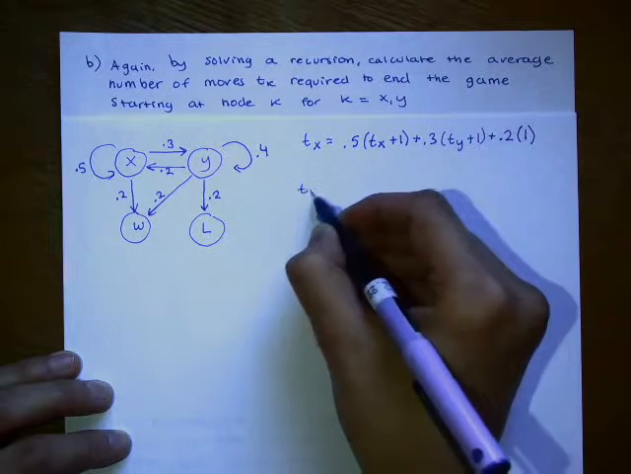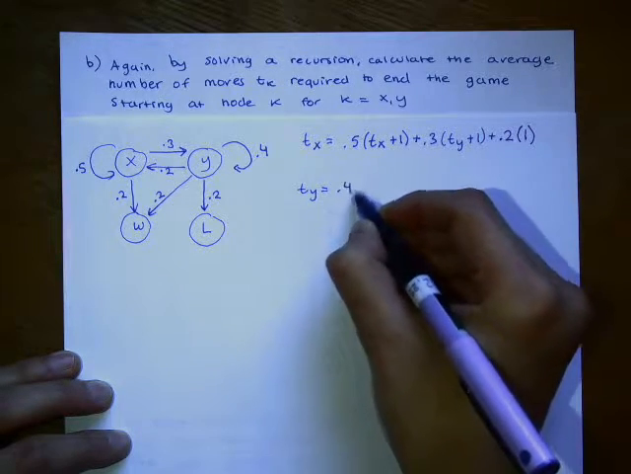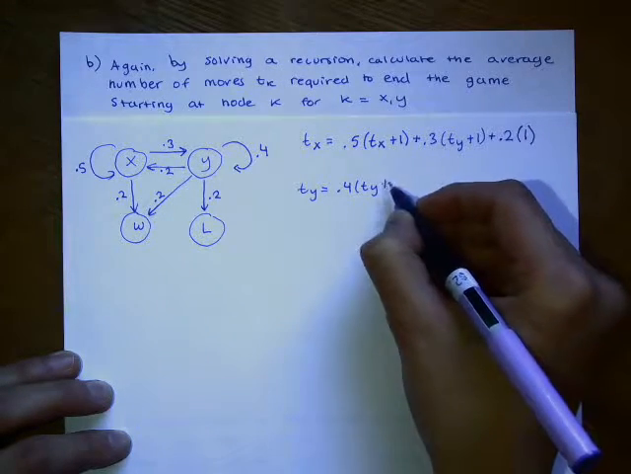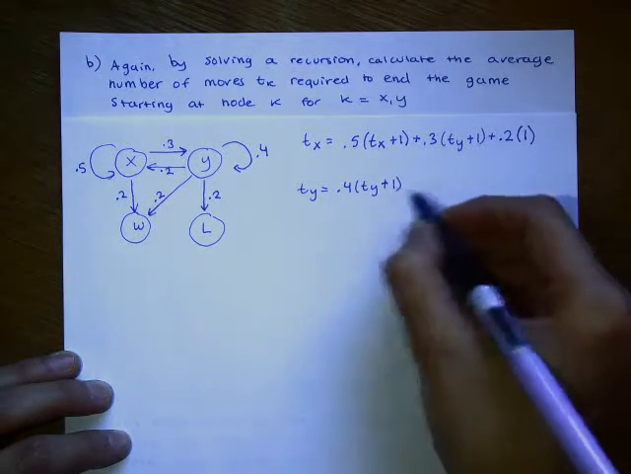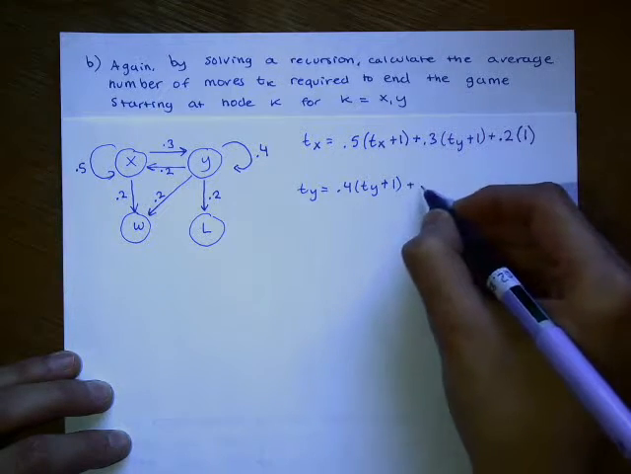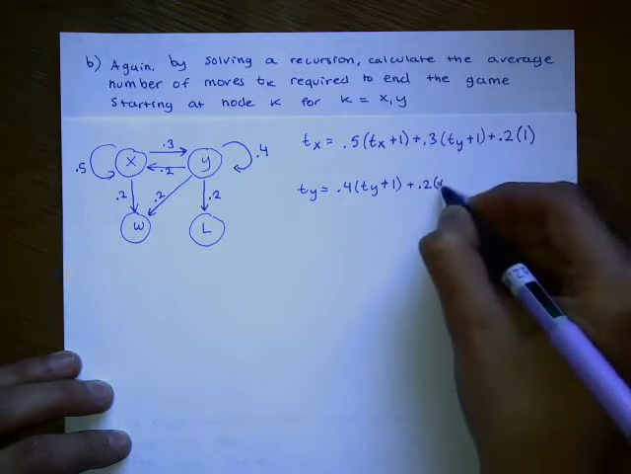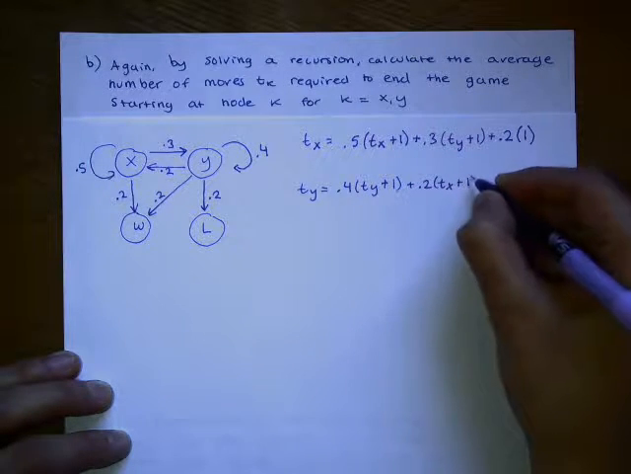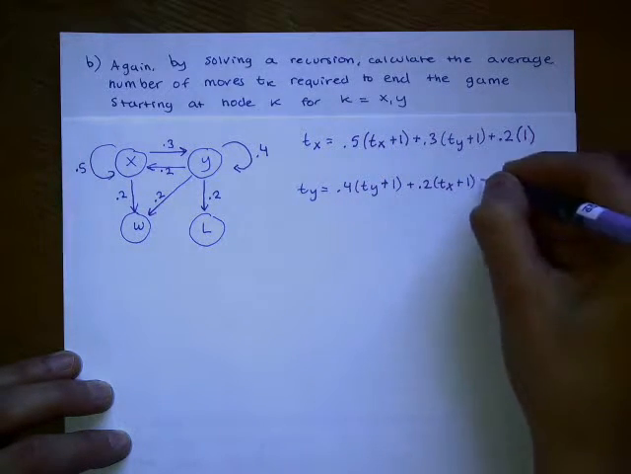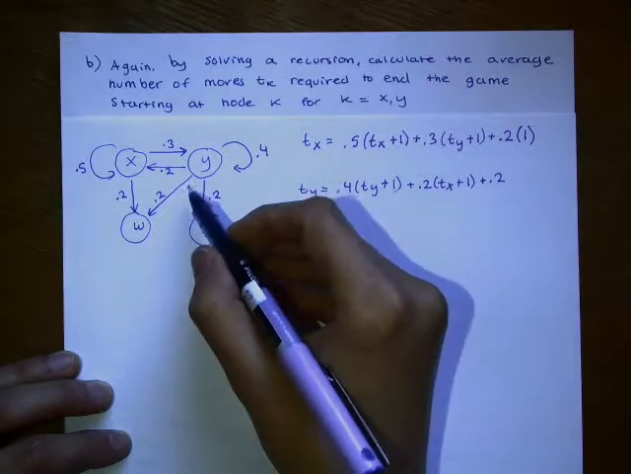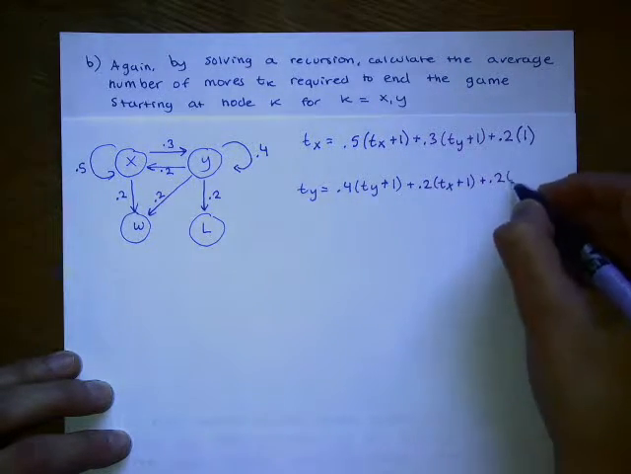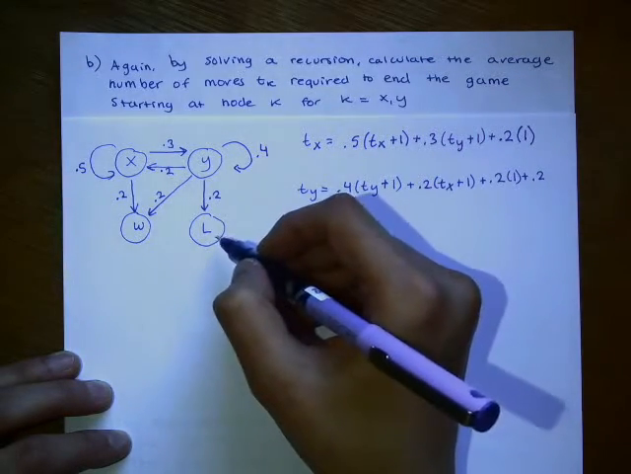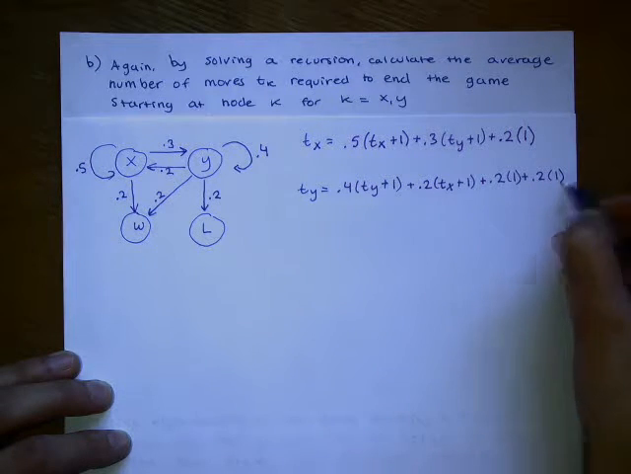Now we can also do ty in the same way. So we can stay at ty, so we stay on node y with a probability of 0.4, and we're going to add the 1 again. We can move to tx with a probability of 0.2, and we're going to add the 1. We can go to w with a probability of 0.2, and that's going to be a 1 because the game ends. And we can go to L with a probability of 0.2, and again, that's going to be a 1